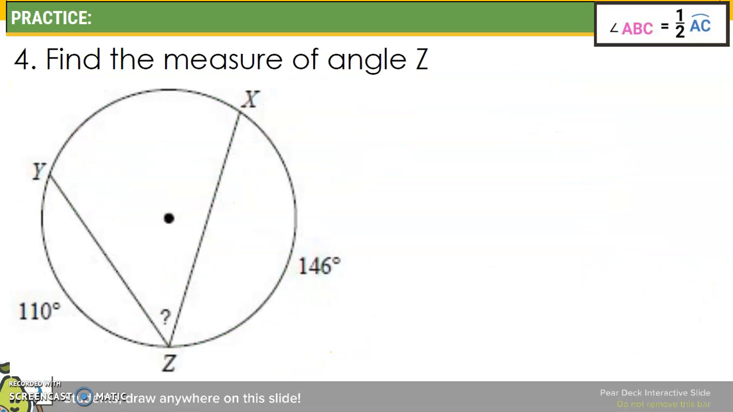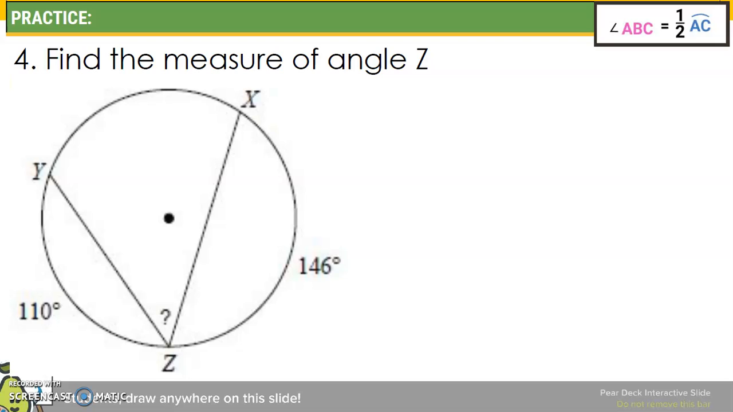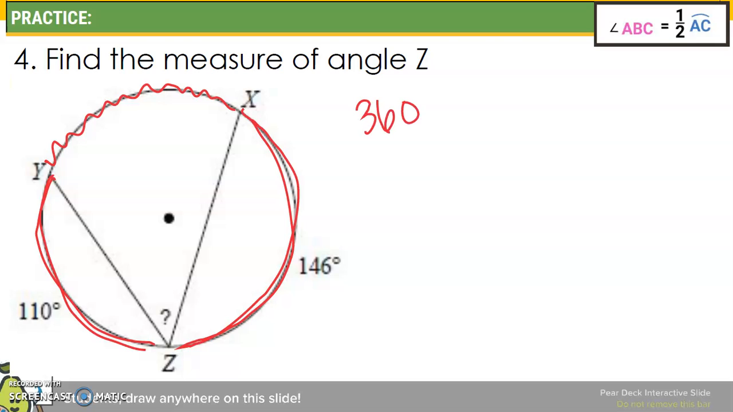Next question. Find the measure of angle Z. So we're back to this formula. We know that the angle is half of the arc. So we know YZ and XZ. These two arcs are 110 and 146. We're missing this piece right here. And previously we said that the circle adds up to 360 degrees. So if we just did 360 minus 110 minus 146, we're going to get